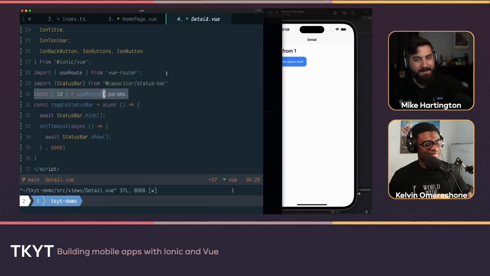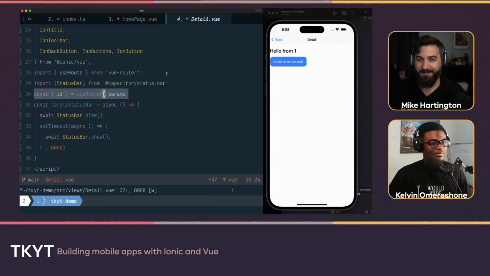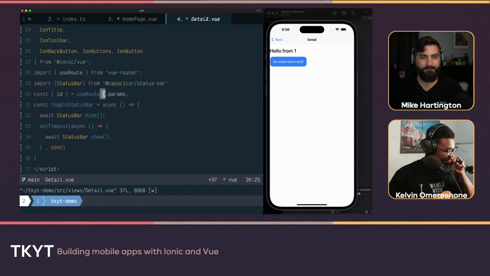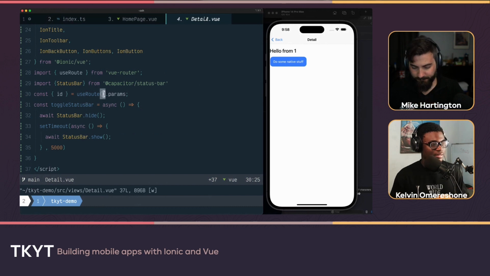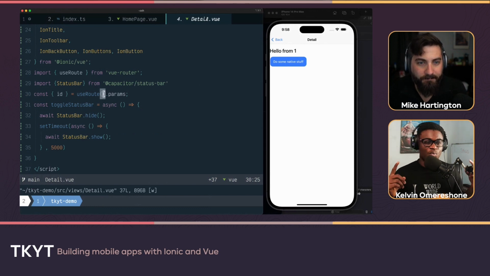That is Ionic and Vue. That is building a mobile app with web technologies. That's amazing stuff. So I know we're at time, and I've seen a lot. I am impressed. I think the DX is great as promised. It is good. So one last thing is